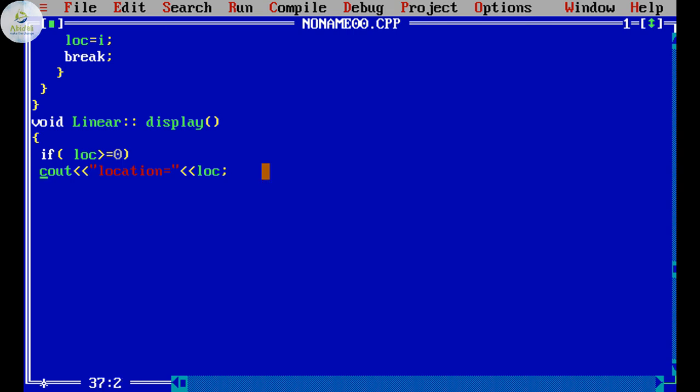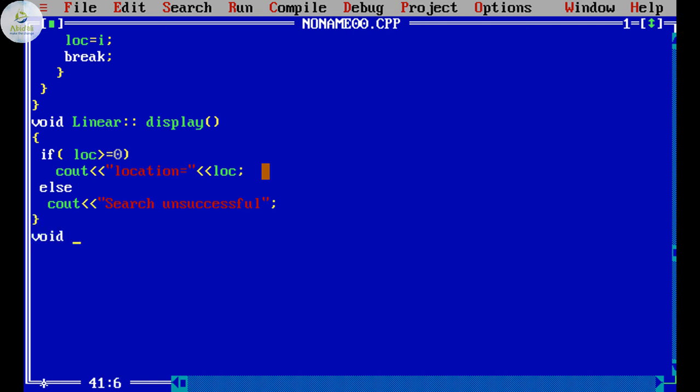If that is so, we'll have certain statements. If not, we'll have the displaying statement, that is cout search unsuccessful. Okay, that's the statement we want. So this is the display.